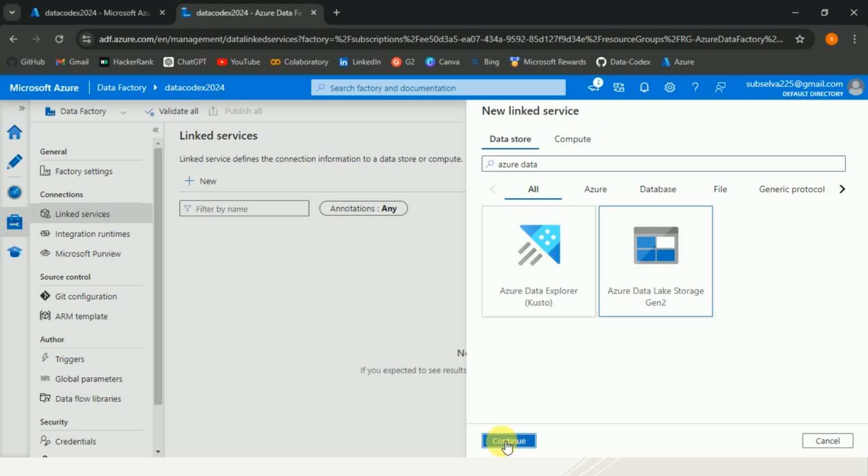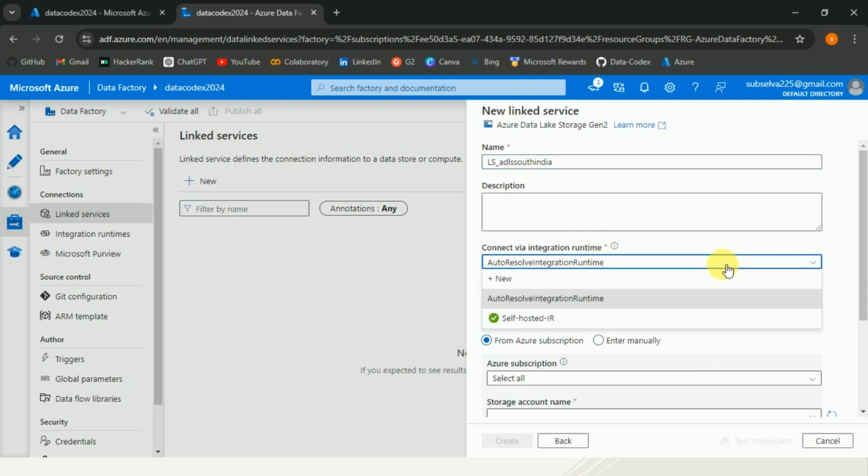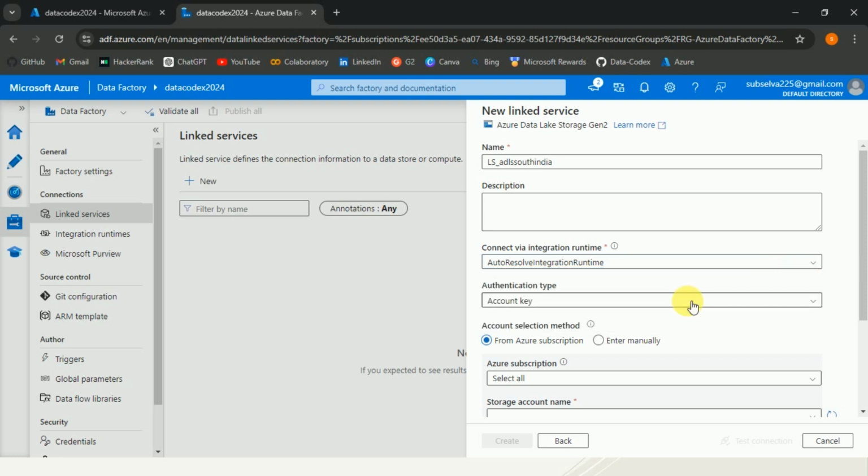Click on Continue. So we need to provide a name for this linked service. So let me provide as ls underscore the name of the linked service, ADLS South India. So we need to select the integration runtime. So as this is a cloud storage, we can select this Auto-Resolve integration runtime, and you can see